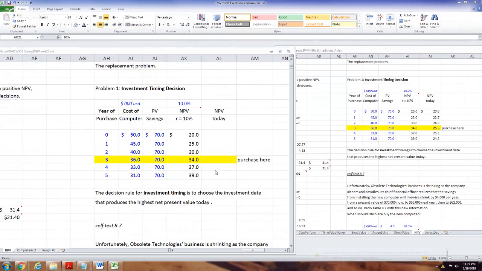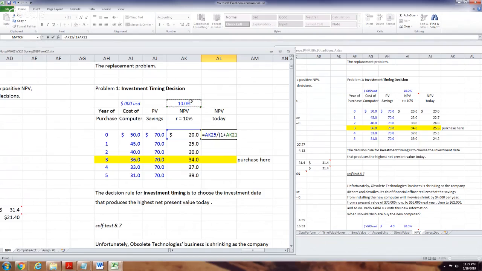So anyway, we got the net present value, which is the savings, which is a benefit, minus the cost of the computer system, and then we're going to compute the net present value. This equals that number, your cash flow divided by 1 plus your 10% rate. We're going to anchor that with the F4, putting a dollar sign in front of the column and a dollar sign in front of the row. Okay, this is Shift 6 to put the little exponentiation sign. I'm going to select my exponent right there.